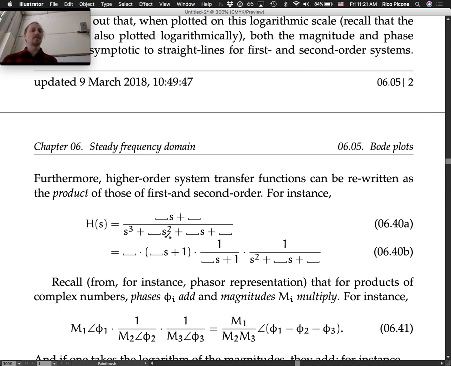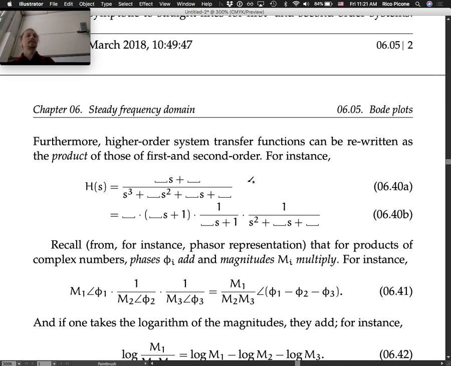The denominator has polynomial order of 3, making it third order. And I'm saying, okay, you could break this down. It could be seen as being the product of multiple transfer functions. So this numerator, let's pull that numerator off and let's make it